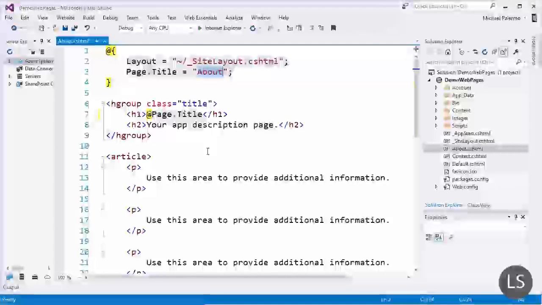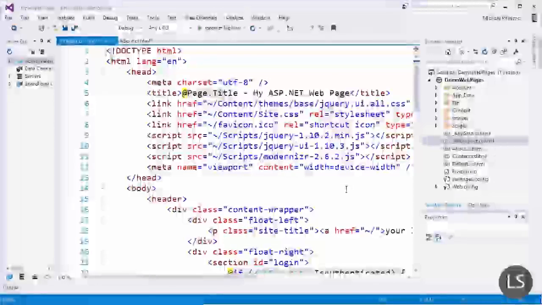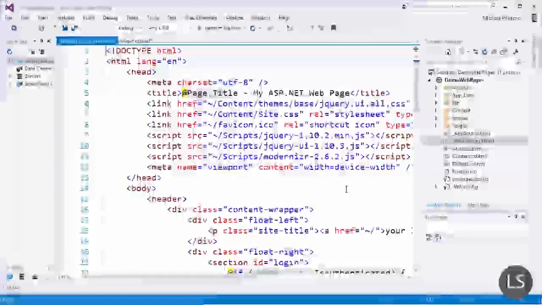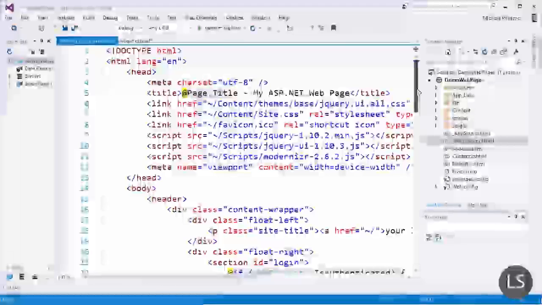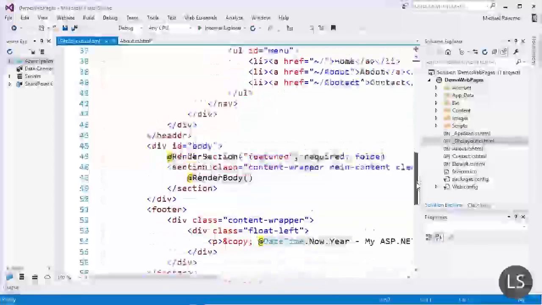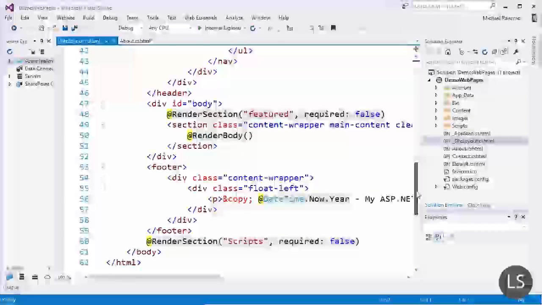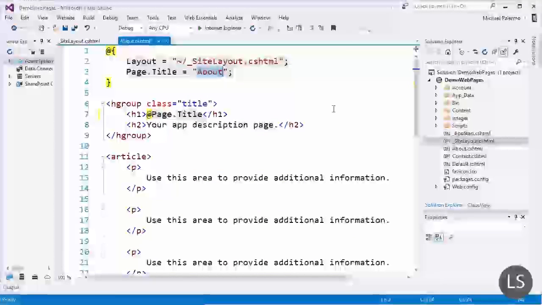Let's take a look at that site layout file. This file represents all the content we want repeated for every page that uses this layout. That means everything that is in the head section will also be in the head section of any page that uses this layout. Line 50 is where the actual body of the page gets processed. In other words, this on line 50 gets replaced with the contents of this file